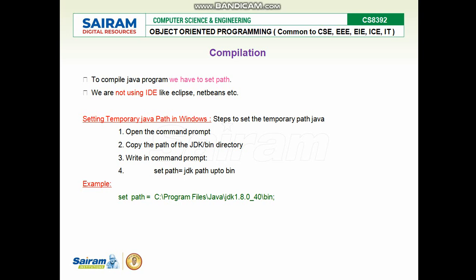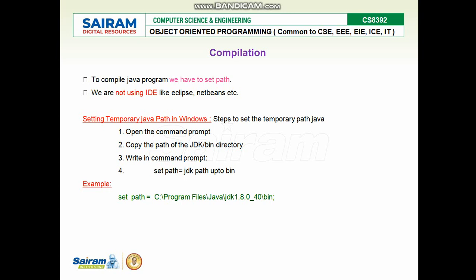For that you have to open your computer, go to the C drive, and there you will find Program Files. Inside Program Files you will have a Java folder. Inside the Java folder you might have a JDK folder, JDK 1.6 or 1.7 or 1.8 or whatever it is. Open the JDK 1.x folder and you can find a number of folders.